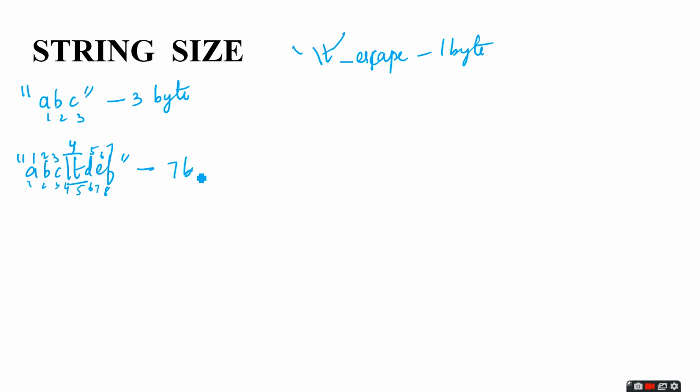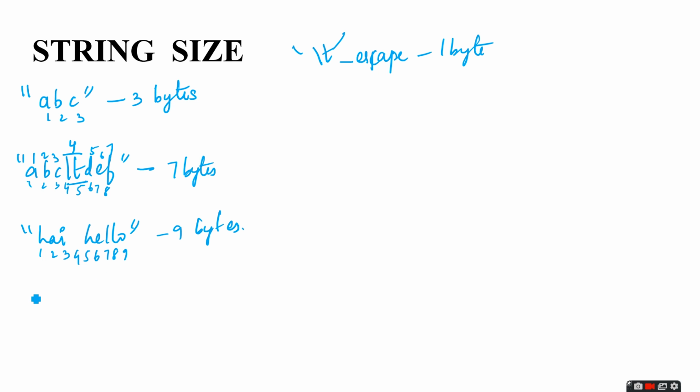So the size is 7 bytes. Now the next question, it is like this: hi space hello. We'll count like 1, 2, 3. You have to count the space also. 4, then 5, 6, 7, 8, 9. So the size is 9 bytes.